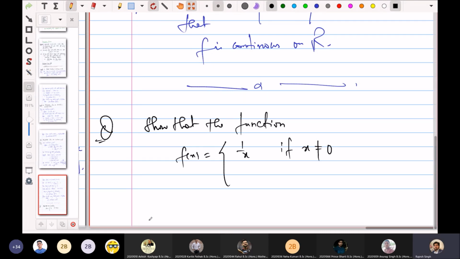So there are two ways in which this can be asked. If they give you this function, and then they ask you to prove that the function is not continuous at 0, तो क्या करना होगा? सर सीक्वेंशियल क्राइटेरिया... नहीं नहीं। अगर हमें ये फंक्शन दिया है जो मैंने अभी लिखा हुआ है, then you will say f is not continuous at 0 because 0 is not in the domain of f. f is not defined at 0, ठीक है।